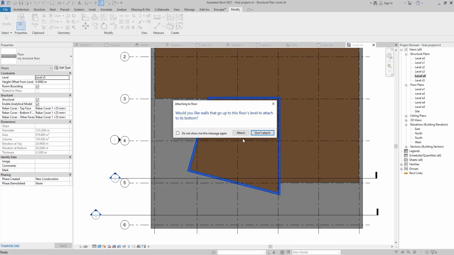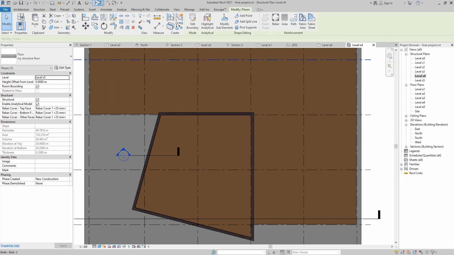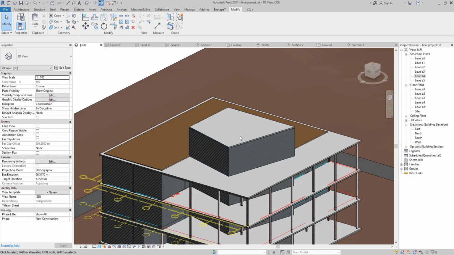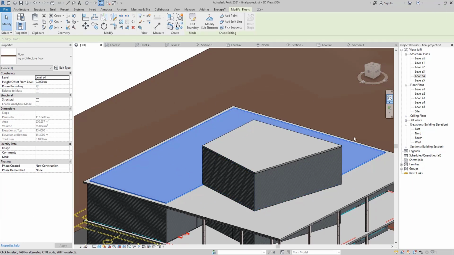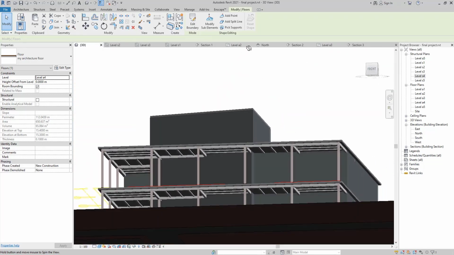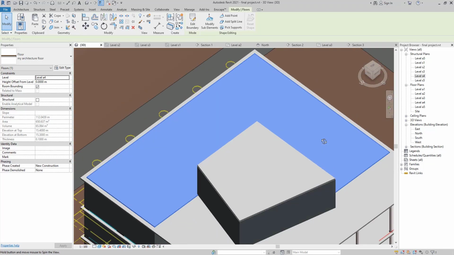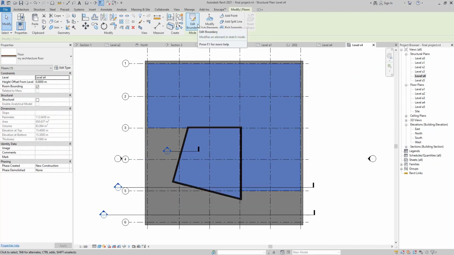We are going to click OK. It says would you like to attach it, we will say yes, and here we go. The next step is to create our architecture floor for this location. As you see, we don't need to have our architecture floor in this way, in this location. So we are just going to click edit boundary,